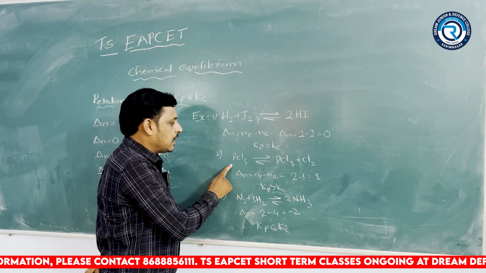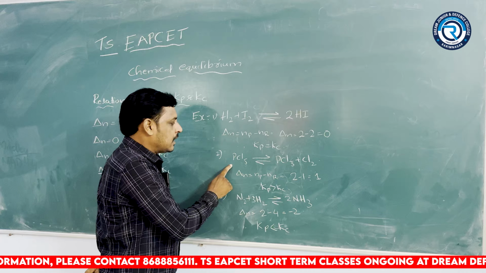The relationship between Kp and Kc. Delta n is the number of moles of products minus the number of moles of reactants. What are the delta n values? If delta n is 0, what is the relationship between Kp and